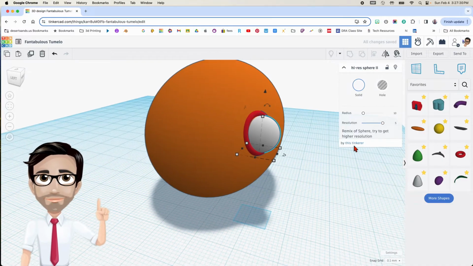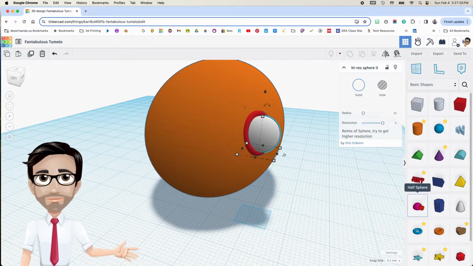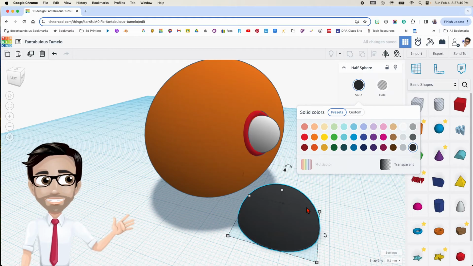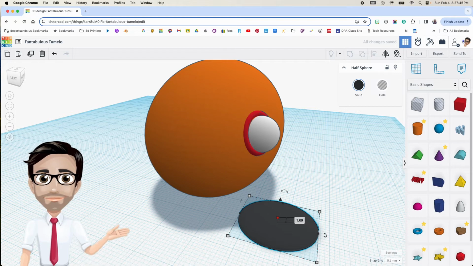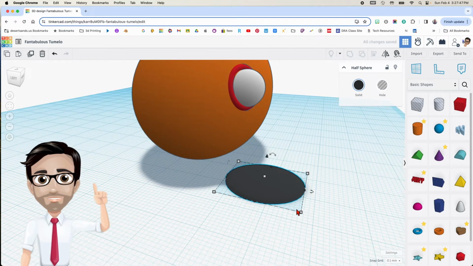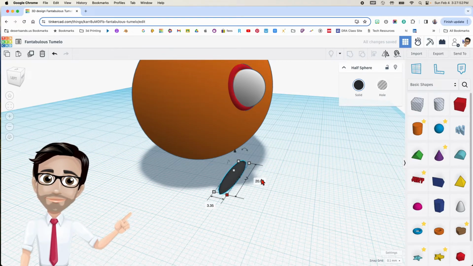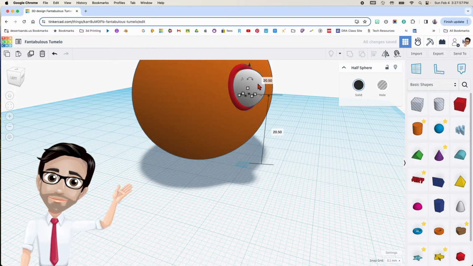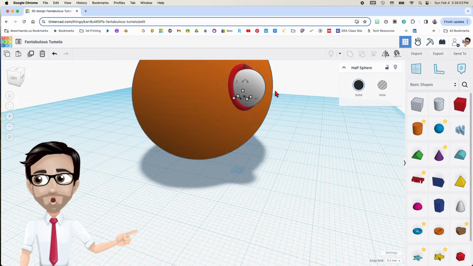All right, so now I'm going to the basic shapes in the shapes library, and I'm going to go with the half sphere. I'm going to change that to black. And here are the dimensions for this one. The height's going to be 1.69, 1.69, enter. And the width and depth are going to be the same, 3.35, 3.35, and 3.35, enter. And I'm going to use the arrow keys to move this around. I don't have the exact dimensions for this because I figured you can put it wherever you like. As for me,